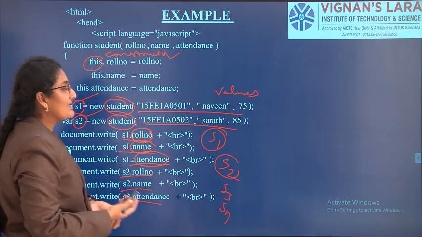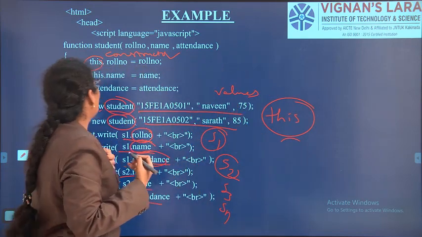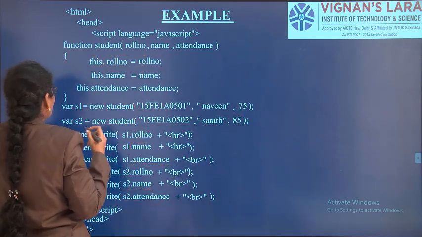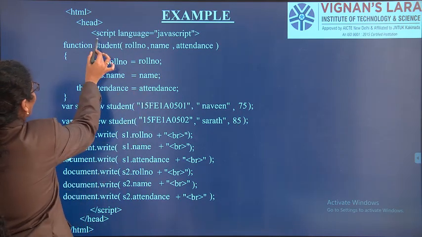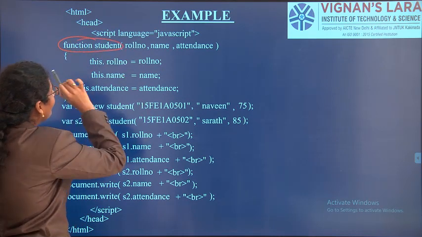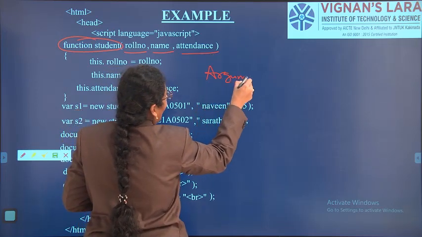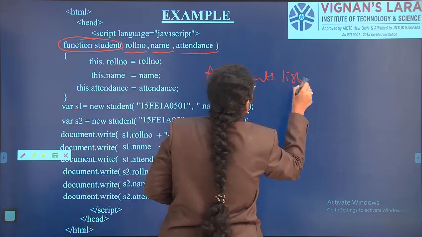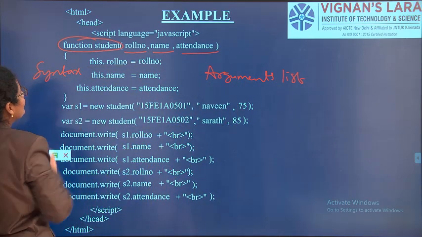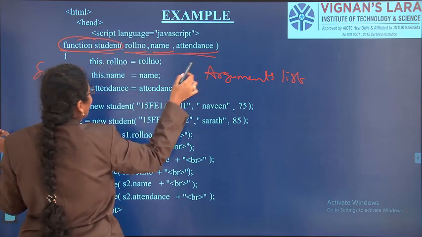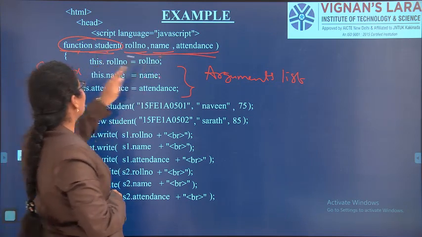So here in JavaScript, constructor is nothing but this. This is the predefined keyword, it is not a variable. So how are we using it, see here. The constructor we have to declare once. What I have taken here is a function student. For this function I have passed roll number, name and attendance as arguments, the arguments list. In the previous class we have seen the syntax of function. The syntax of function is nothing but function, function name, argument list, statements. Same way, function, function name, argument list, statements.